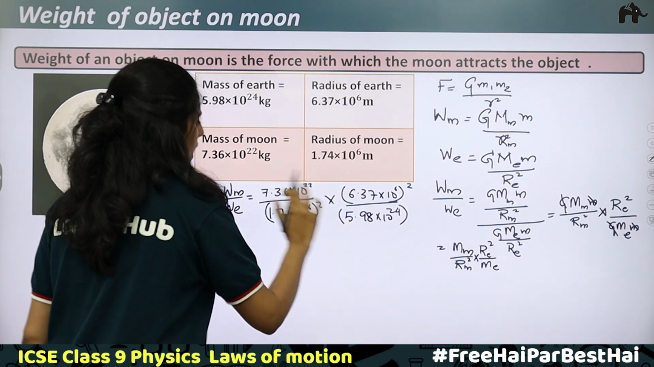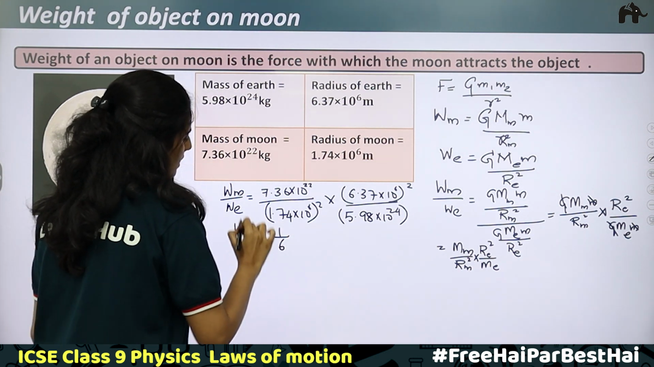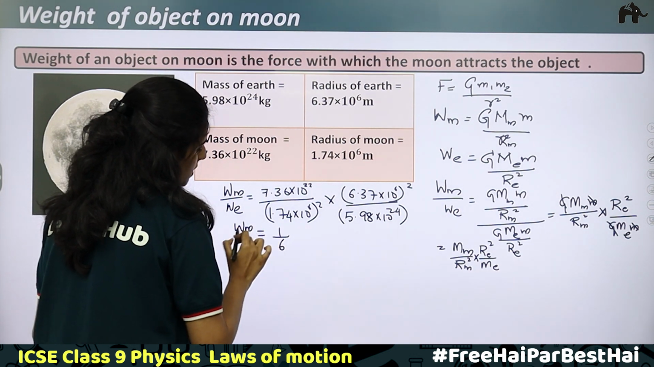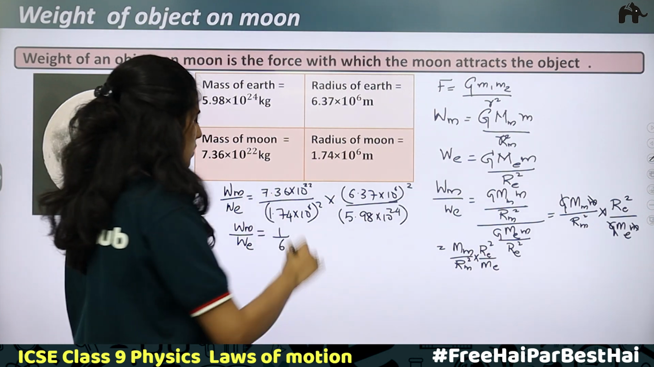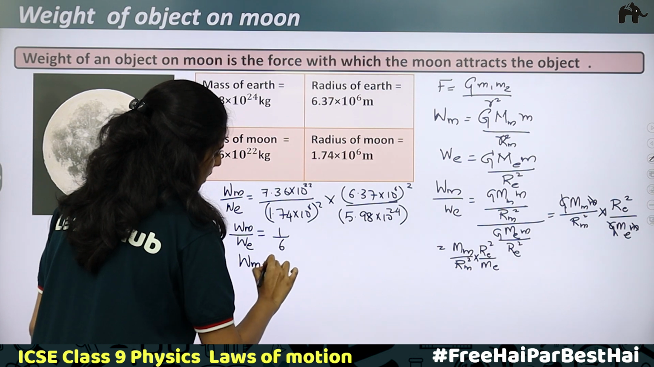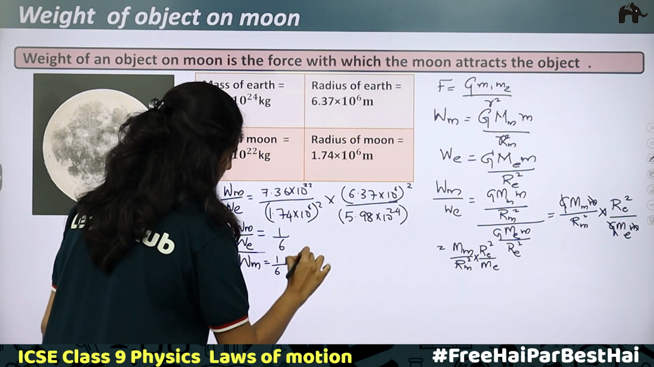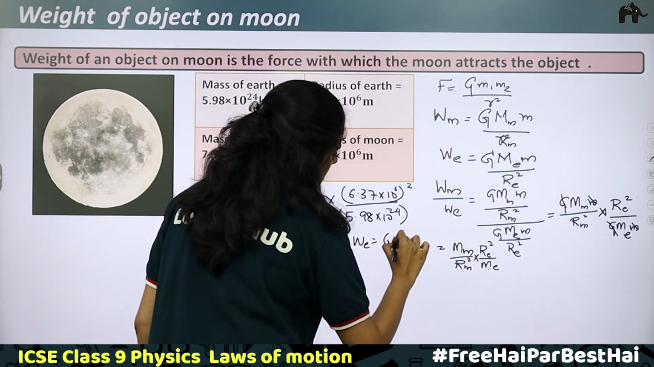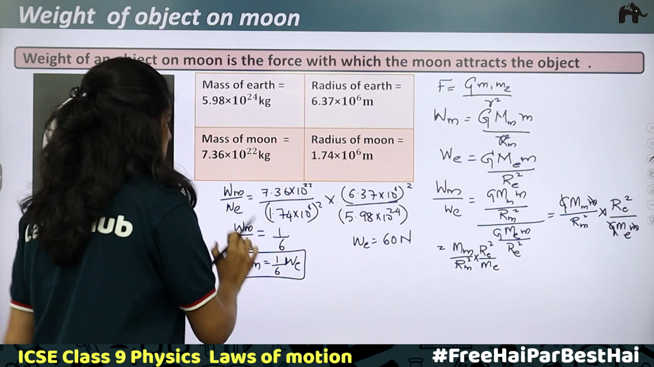Okay. So when you calculate this, you will get approximately 1 by 6, which means the ratio of weight of an object on moon divided by weight of an object on earth will be equal to 1 by 6, or weight of an object on moon will be equal to 1 by 6 times weight of the same object on earth. So, if we have an object of weight 60 newtons on earth,